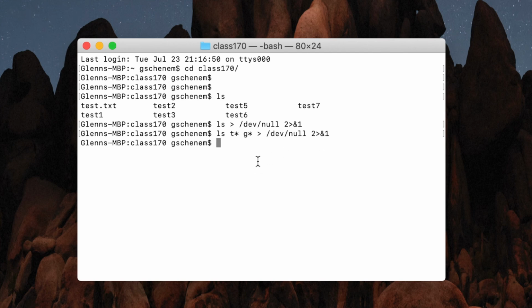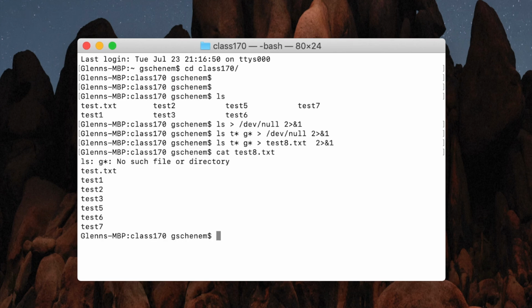So let's try that again, but instead of discarding it completely with /dev/null, let's actually write it to a file. So let's write it to test8.txt. All right, still no errors there, did we? But let's take a look at test8 and see what we get. So we get standard out and we get our sorted listing. Everything works there. So that's a good way to understand this. I told you